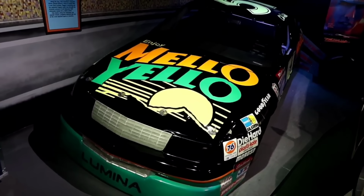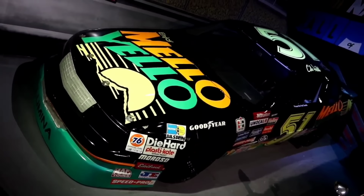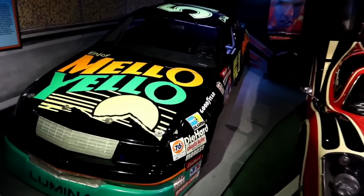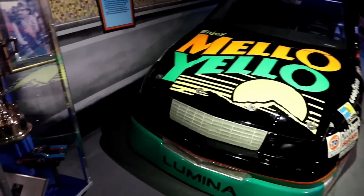The mellow yellow car from Days of Thunder. I used to see this all the time when my family would go to Kings Island when I was a kid. When Paramount owned Kings Island, they had this on display there. Also, at the same time, they had the Mirthmobile from Wayne's World on display. Here's a Richard Petty